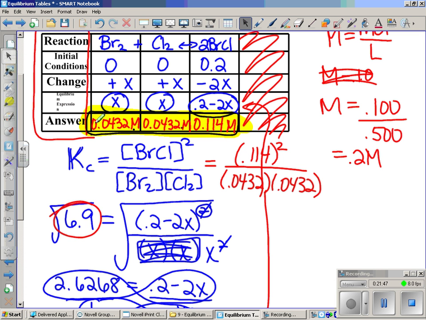What I want you to do on this third problem is I want you to just go through and plug in what I have essentially here in blue, okay? I want you to go in and plug in the reaction. I want you to draw your table, plug in the reaction, plug in the concentrations, do your change line, and do your fourth line, okay? Don't worry about solving yet. You're welcome to try. If you would like to, please go ahead and do so. We will do this problem first thing tomorrow together. I want to walk through that one because there's a little bit more math to it. But again, you should be understanding how to set your table up at this point, okay? The ways to solve for x vary, and we're going to still work on that. But you need to be able to